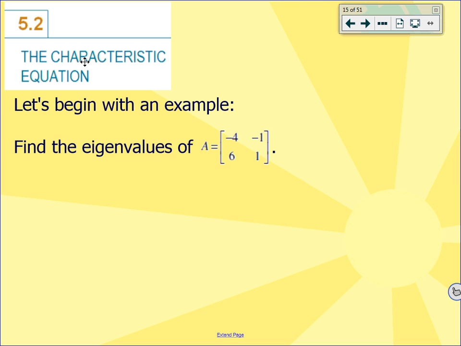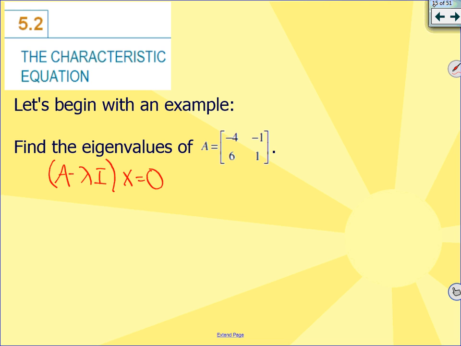All right, so today we're going to talk about how to find eigenvalues ourselves. Okay, so let's consider how to find the eigenvalues of this matrix. And so what we want to do is consider solving the equation A minus lambda I, x equals 0. So if I go ahead and calculate A minus lambda I, and then solve this equation,